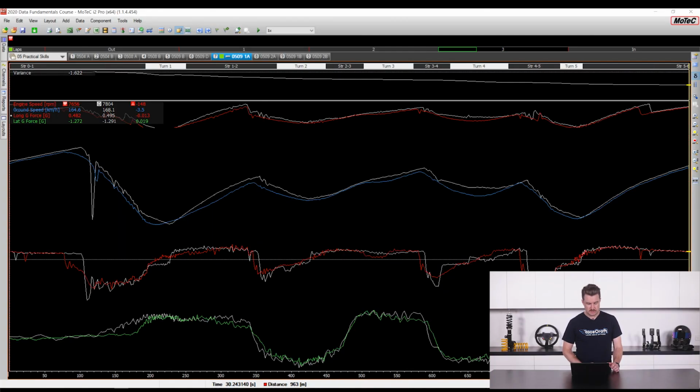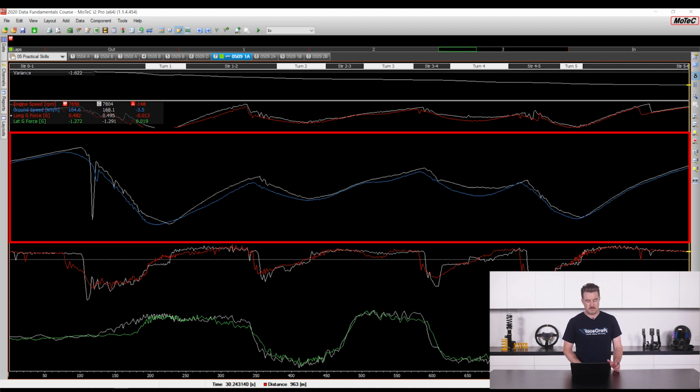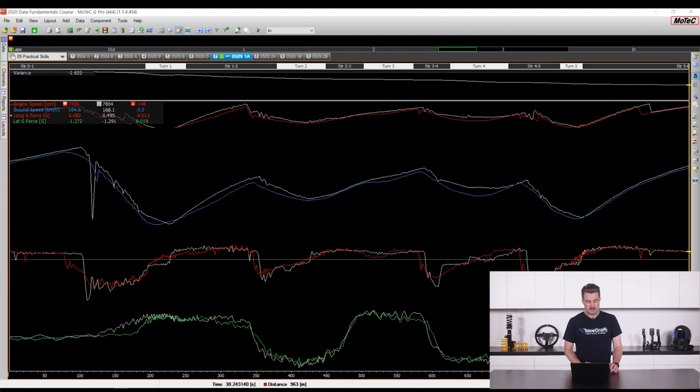So if I just zoom into the first part of the lap, and I'm looking here at this turn 1 section, the first thing that's immediately obvious is the big difference in the speed trace. So this is obviously a big part of where this time difference is coming from. I also want to mention here in the reference data there's this big dip, which is just a wheel lockup in this case, which is giving us a dip in the speed trace. I just want to ignore that. That's not something that's really too relevant to our analysis right now.